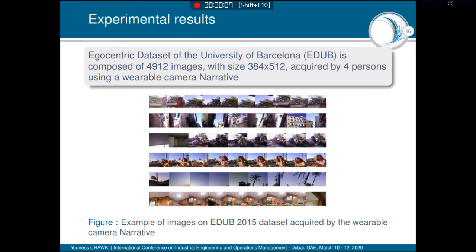For the experimental results, we have applied our method to a real image dataset, the egocentric dataset of the University of Barcelona, Europe. It is a dataset composed of 4,912 images captured by 4 persons using a wearable narrative camera. This figure shows an example of images in the EDUB dataset.